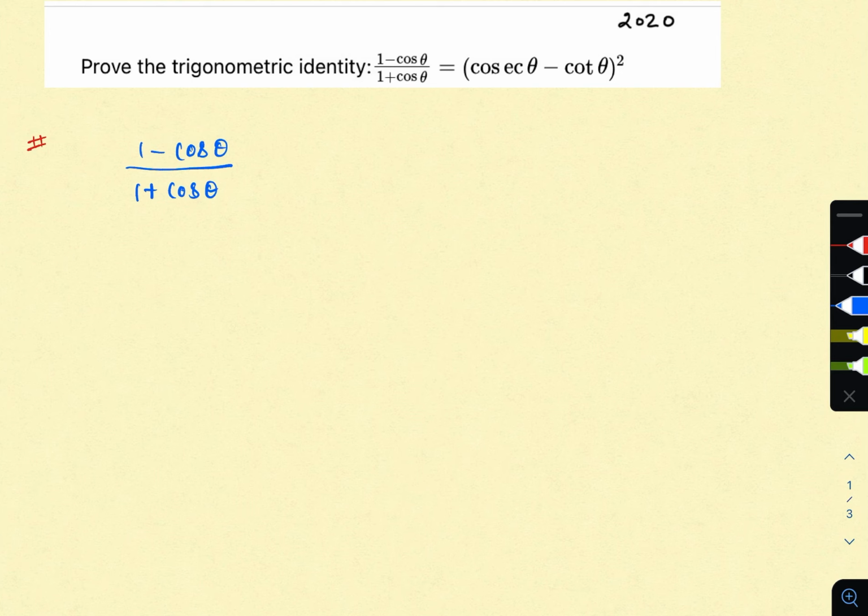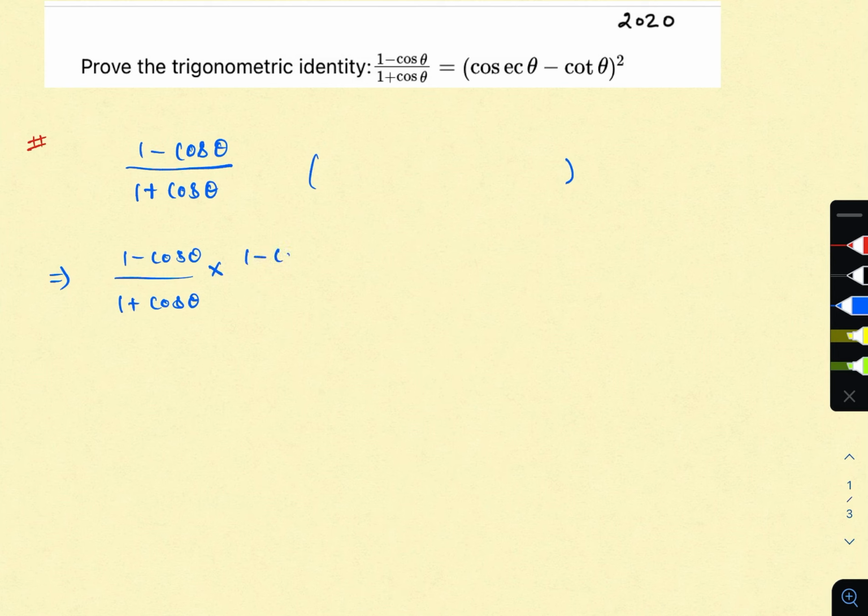As I told in the first video itself, we will learn how to write, means just assume that we are attempting our exam now only. So what we will be writing here: rationalization the denominator. How to do rationalization is not a new task for you, all of you know what to do. Just change the sign of the denominator, multiply the given function with it and divide it also. So the next step will be 1 minus cos theta upon 1 plus cos theta,